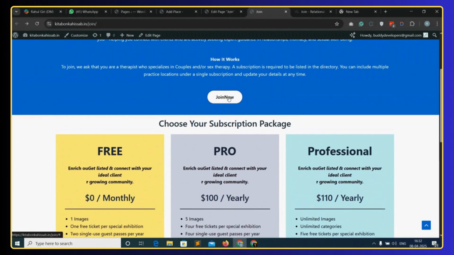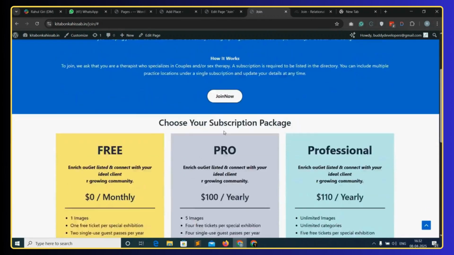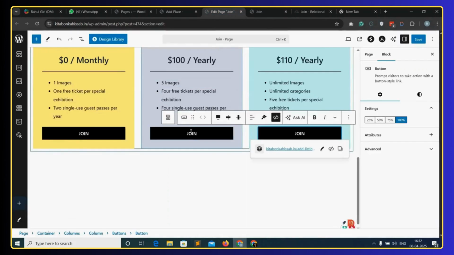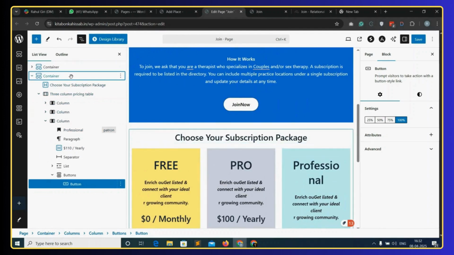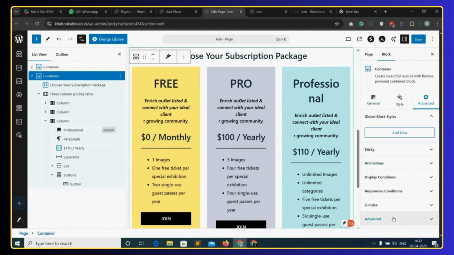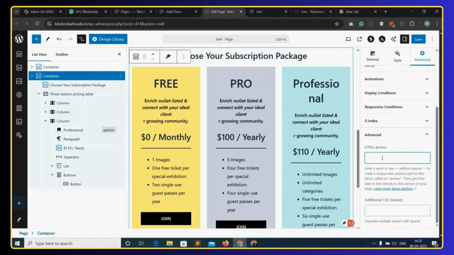Now we will be adding a button. On clicking, the page will be scrolled onto this subscription page. For this, coming back to the editor page and then clicking on the 3-bar icon and then going on to the container and then coming on to advanced and then again into advanced, going on to HTML anchor. We will add ID pricing bar and then copy it